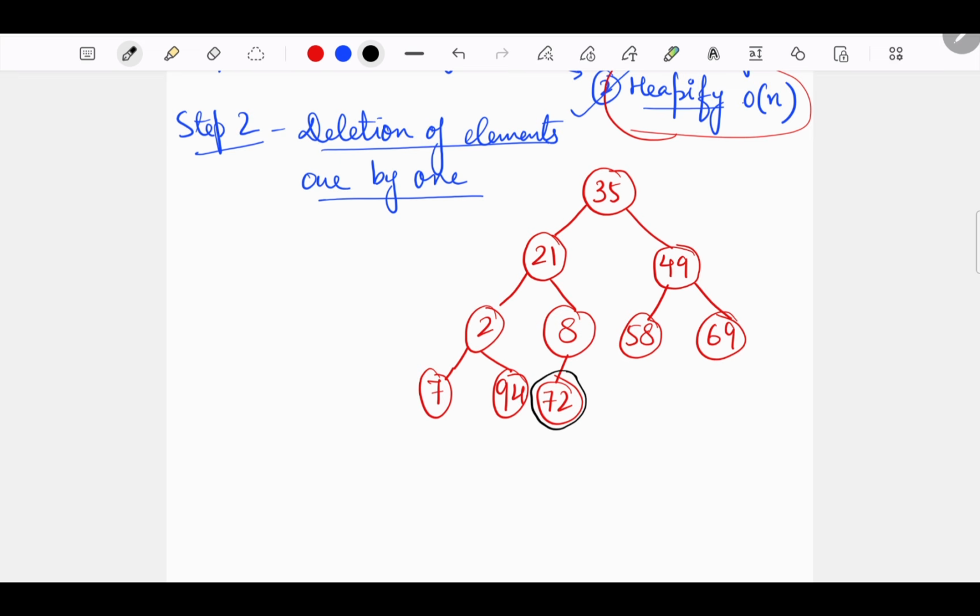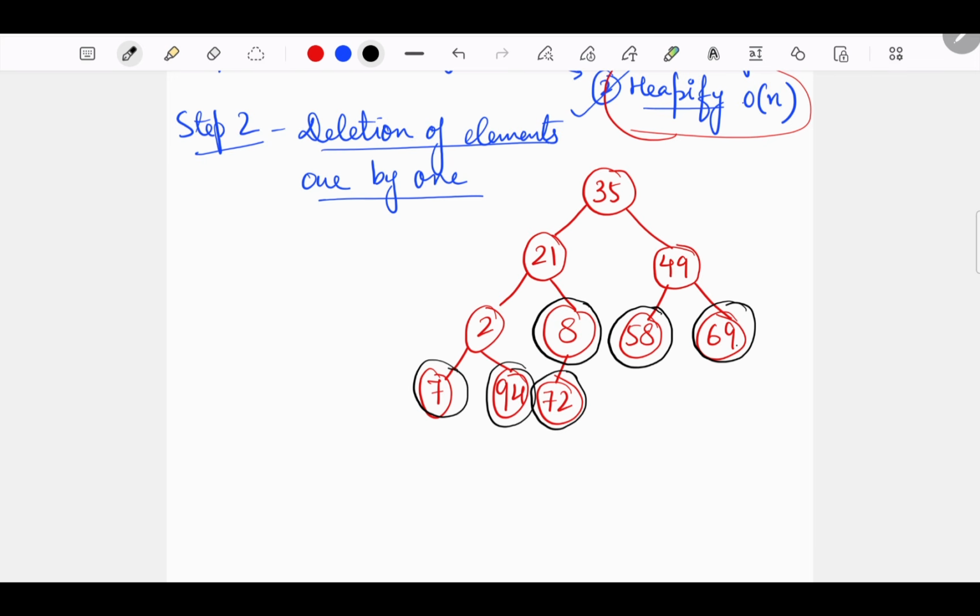A single element is always as per the heap properties. So we are going to do nothing here, nothing here, nothing here. Coming to this, again we are going to do nothing because it won't violate any properties with respect to the other node. Similarly, we'll go through this element. We are going to do nothing. It's not required. Then we go through this element.